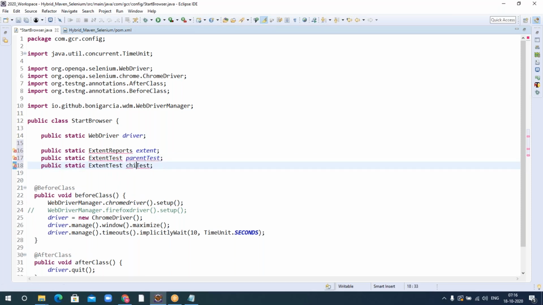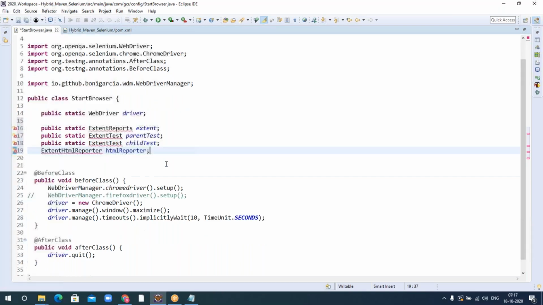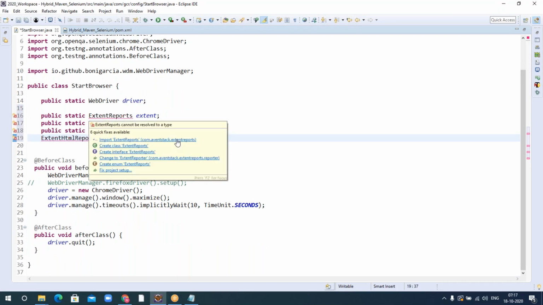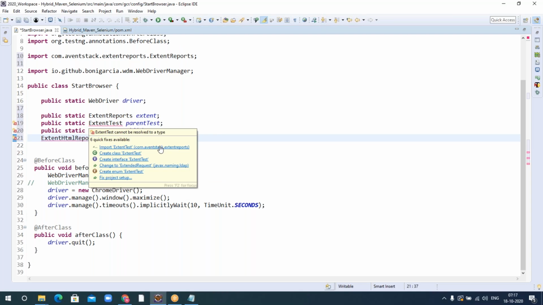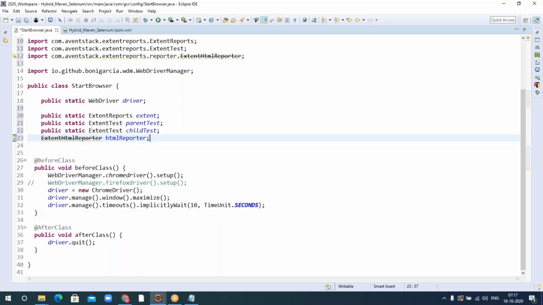I'll just say child test. Extent HTML reporter. Yeah. So let me import the packages which are related to this. Okay. So don't worry, this is a deprecated one.